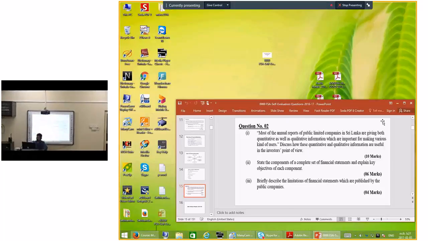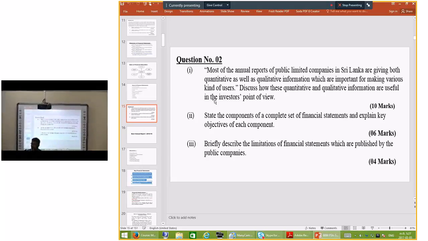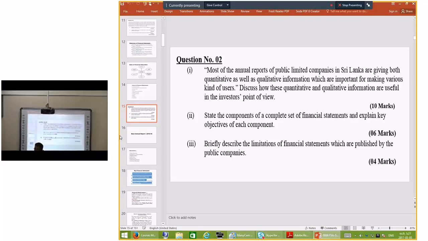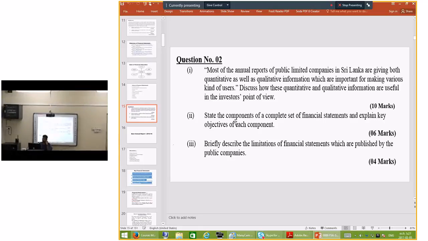Again, if we move to these questions, yes, discuss how quantitative and qualitative information is useful from the investors' point of view. Now, this is regarding the annual reports. I think you have a clear idea about the components of the annual reports and the quantitative and qualitative details they give, right? I think you can